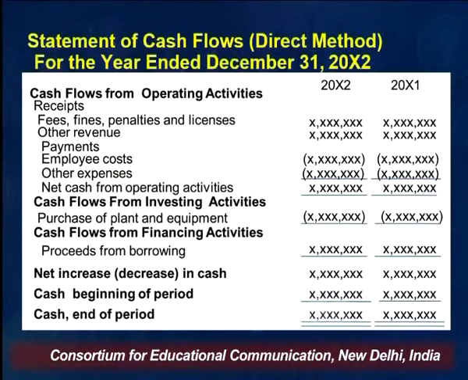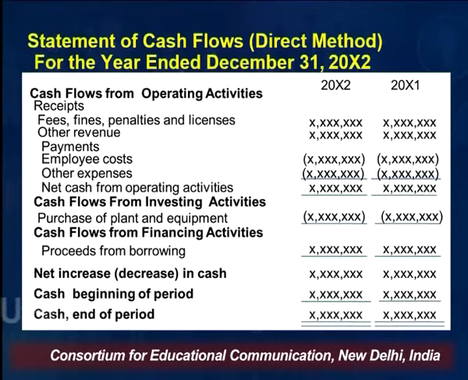Apart from that, they have some other revenues, and we have shown them as their revenue for both the years. They have some payments also. Payments are always shown in brackets because it is a negative item, a cash outflow. Either we show it by deducting, that is minus, or we put a bracket to signify that it is an item which belongs to the outflow category.